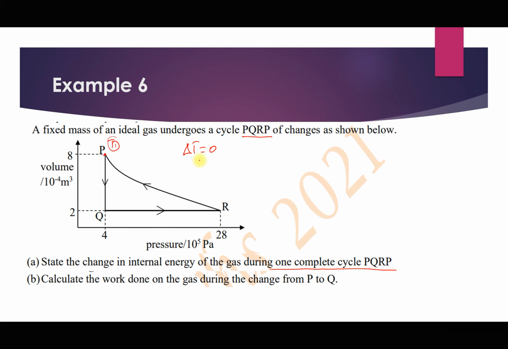And since the initial and final temperature are the same, then the change in internal energy is going to be 0 because for an ideal gas, the change in internal energy depends on the kinetic energy of the molecules, and the average kinetic energy of the molecules is the temperature. So if the initial and final temperature are the same, then the change in internal energy is going to be 0. So I would simply say for the first part, the change in internal energy equals 0, reason being